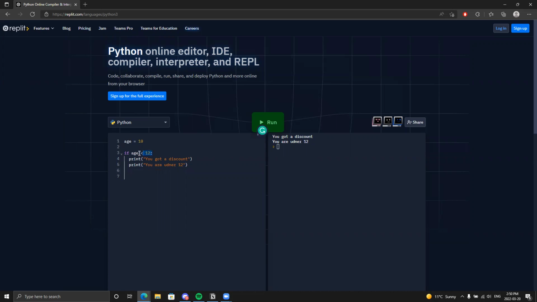If this condition is not true, we could execute a portion of code that we want to execute. To create that code, which is executed when this if condition is not true, we can type else, then colon, then after that we indent whatever code we want to run. So let's say print you are over